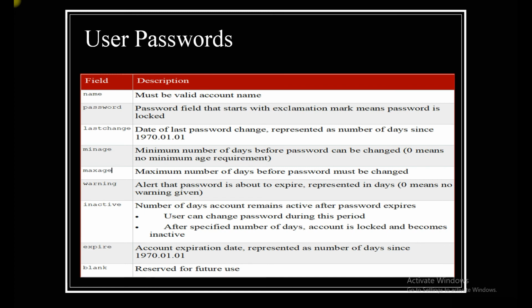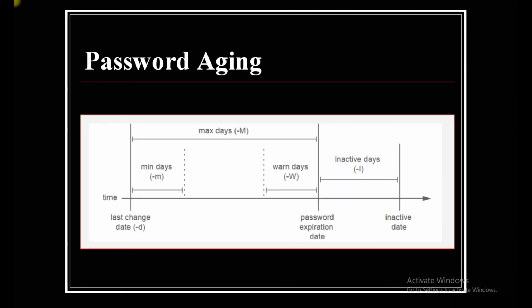Let's go back to the previous step. So minimum age, maximum age, warning, inactive, and expiry. Okay, expiry, where will it be here? Let's say you want to make it 90 days, so just put from today till 90 days, so it will calculate for you. I mean, you can calculate, and as per the calculation you can set the specific date.